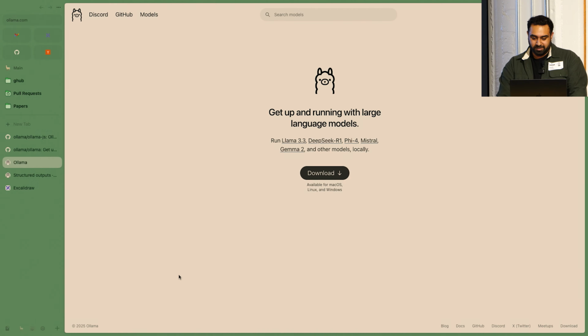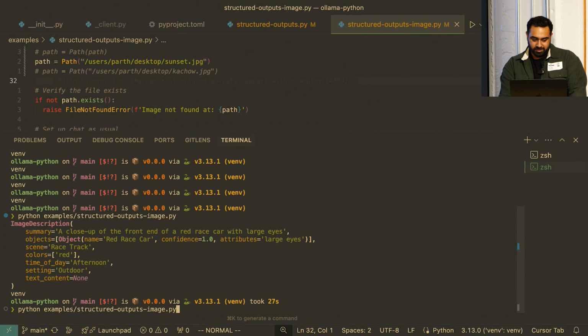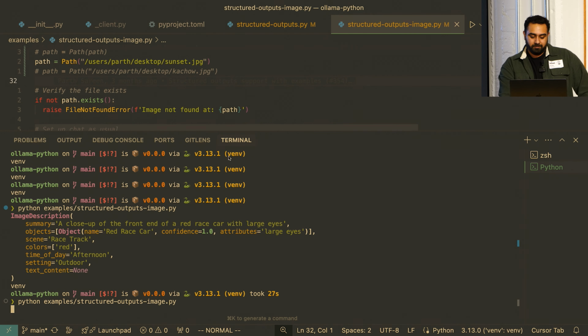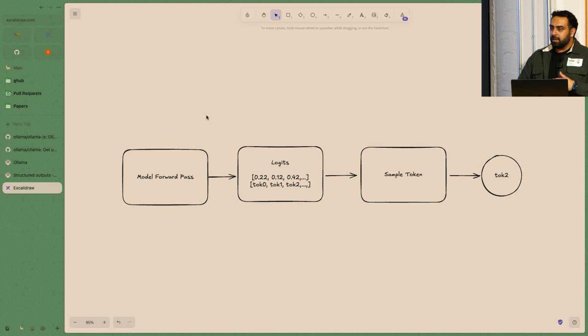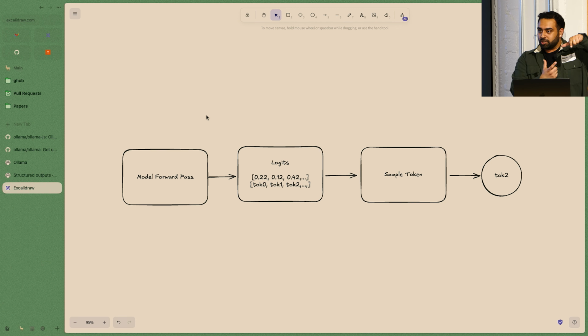And let's actually do it with the sunset now. I'm going to run the same thing. I just saved my file. It's going to take another second, a few of those seconds. What I'm doing is I've only taken a very small portion of the entire workflow. But the first thing that the model is really doing is a forward pass. This is where it's taking in all the information that it has and then coming up with a set of